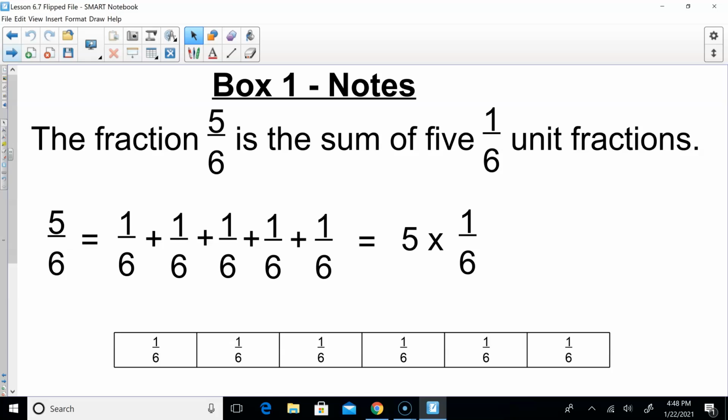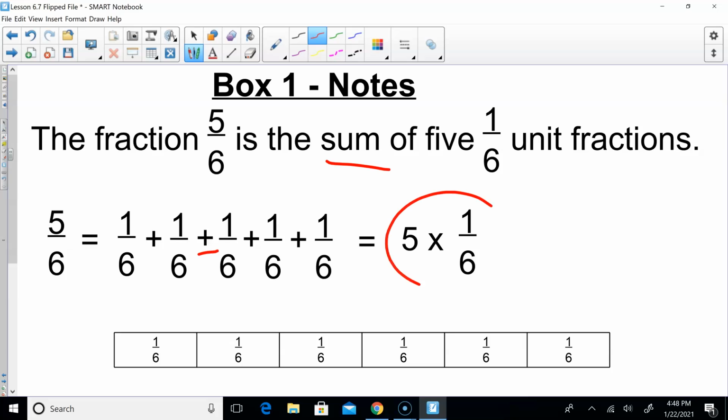So box number 1 notes, this might look familiar. We haven't seen it in a while, but it's coming back because it's important about multiplying fractions. So you know the sum of unit fractions. Remember, unit is 1 over the denominator. So sum is adding, but today we're not focused on that. We're focused on this one right over here, multiplication sign. Remember, this was a product of a whole number,